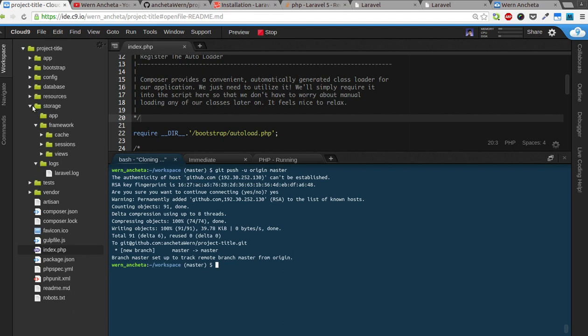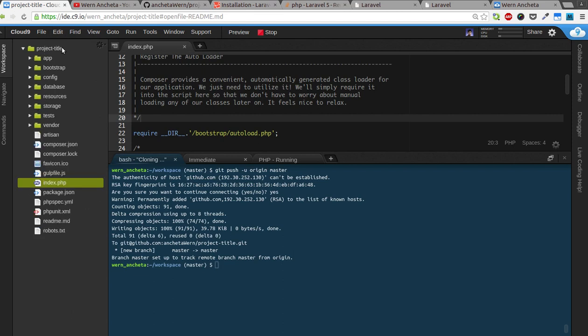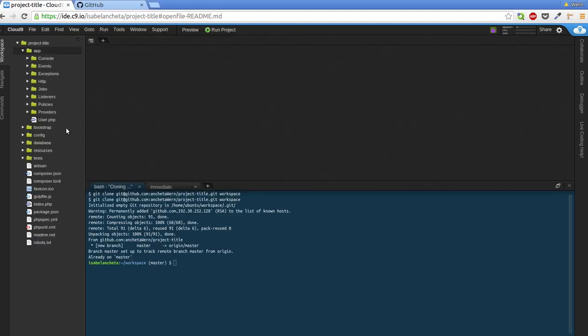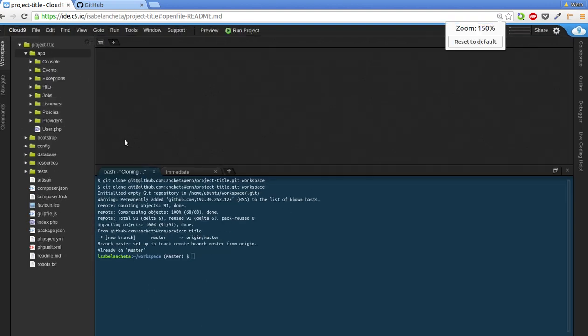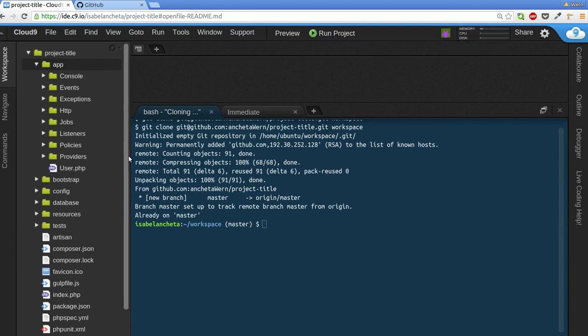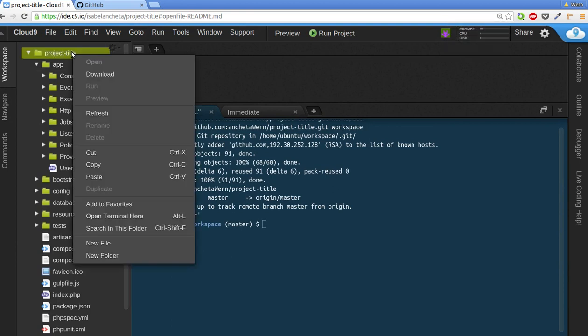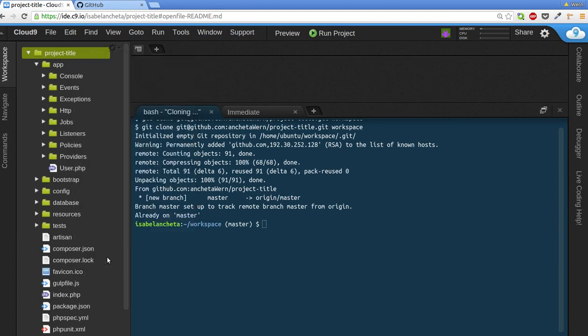So it's directly inside the root folder. So go back here in the group member account, and then click on the root directory, right click, and then new folder, then type in storage,